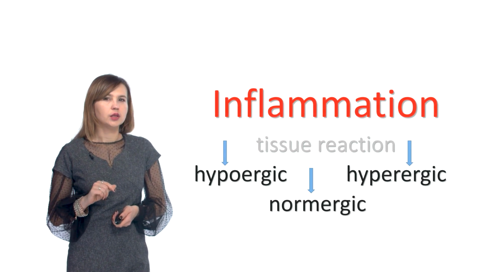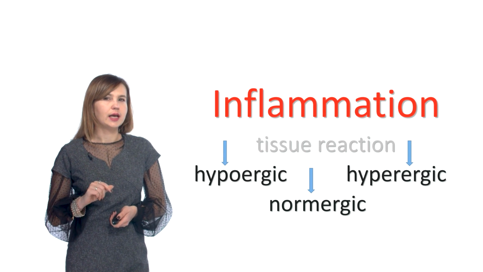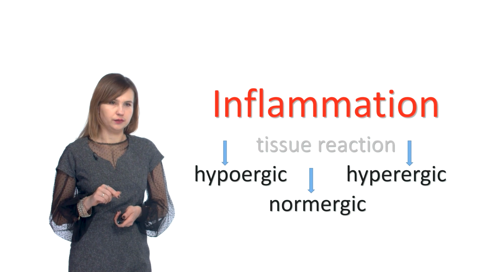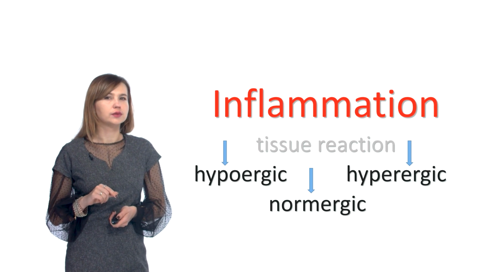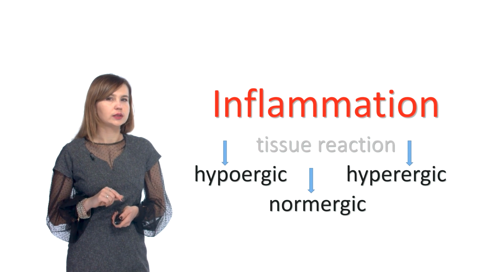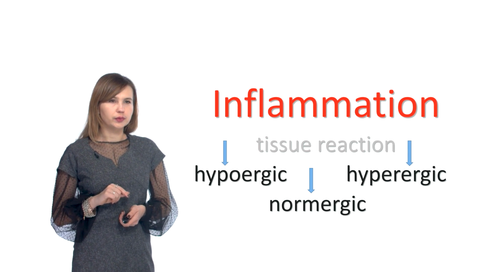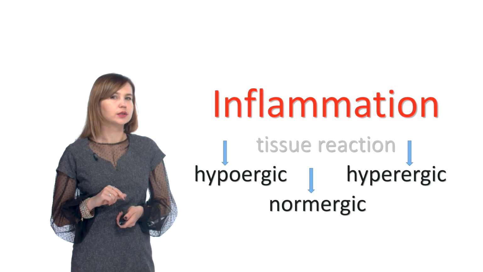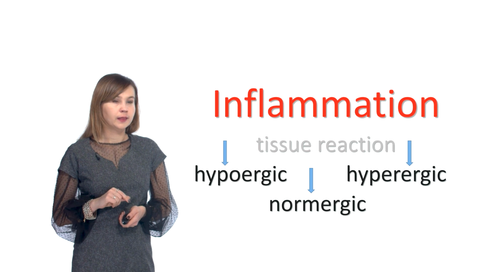Normoergic. Normoergic inflammation is an adequate response of the organism to the damaging effect. The outcome of this inflammatory response is healing, as it occurs under the influence of neutralization, suppression, extraction, absorption, and insulation of foreign objects in the tissue of the body. Next,